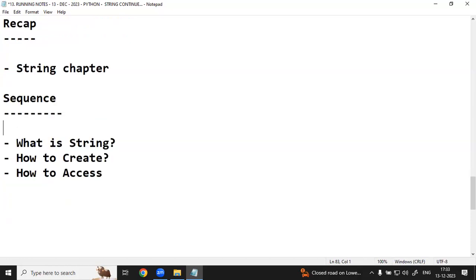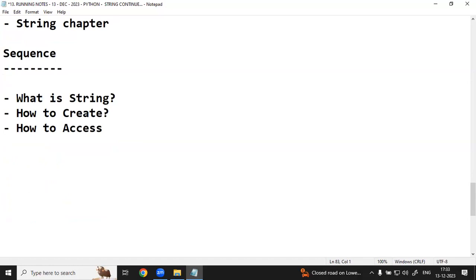Good. What is a string? A group of characters enclosed within either single quote, double quote, or triple quote. When you talk about the triple quote, there are again two types: single triple quote and double triple quote. We can create like that. When should we go for single quote, double quote, or triple quote?